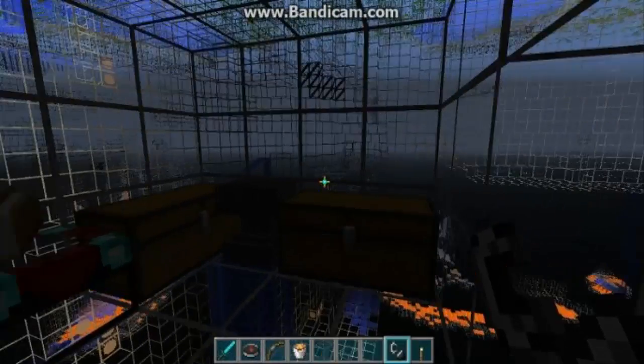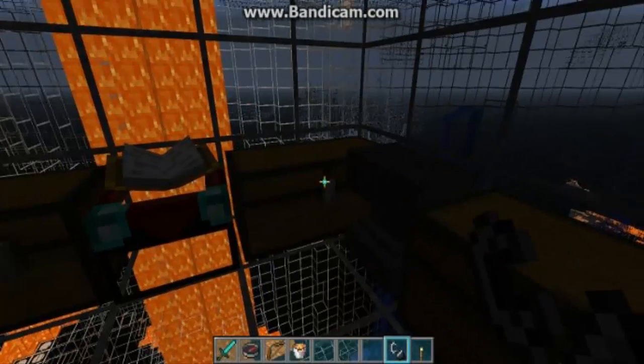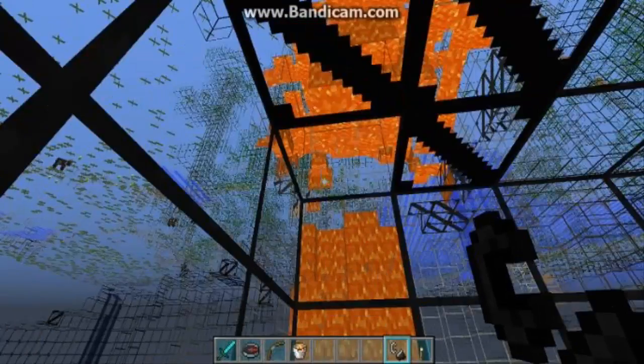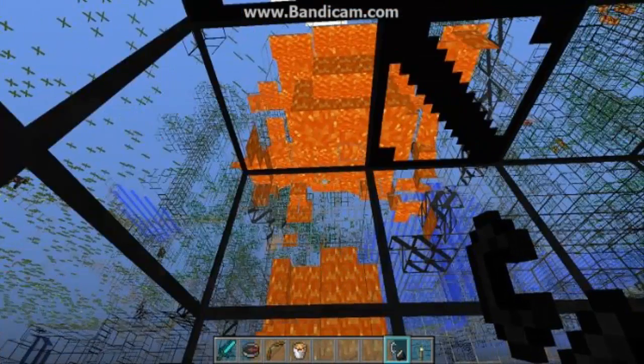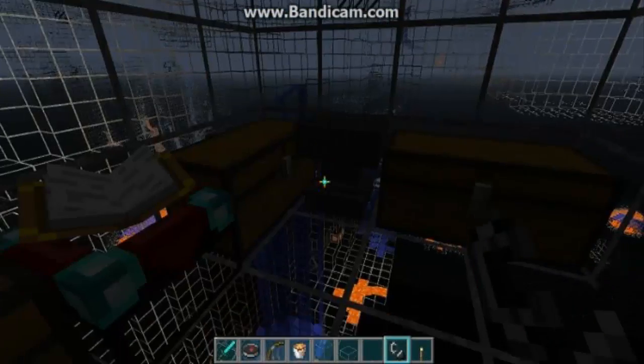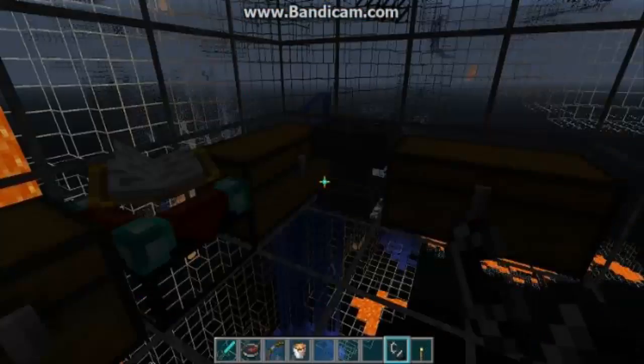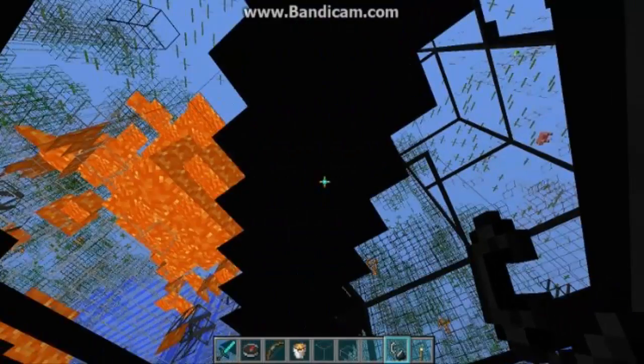If he's X-raying, he'll just come X-ray this place, see this, grab it, and get out. He's not going to check inside this lava pit or anywhere for another one, or this water pool flow. And so,